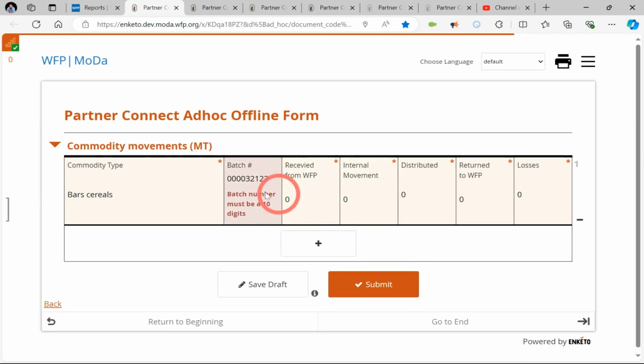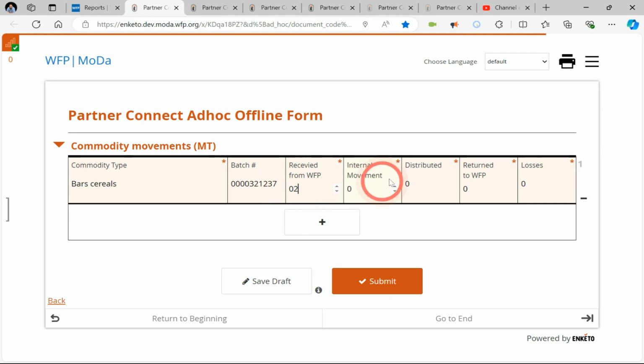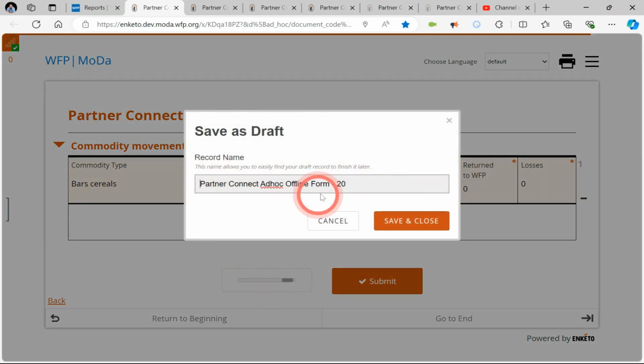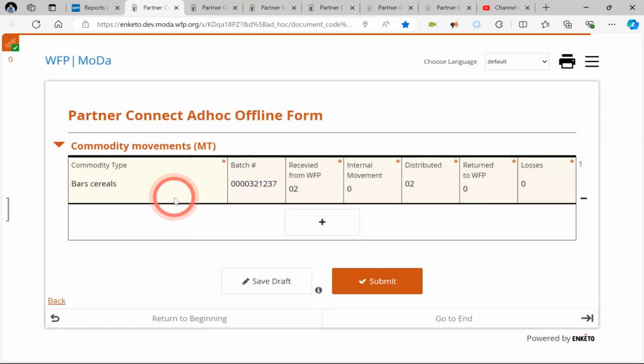Okay. Oops, I made a mistake here. There we go. 2 tons and distributed 2 tons. And now we can save it as a draft. If I save it as a draft, I can name it. For example, let's say